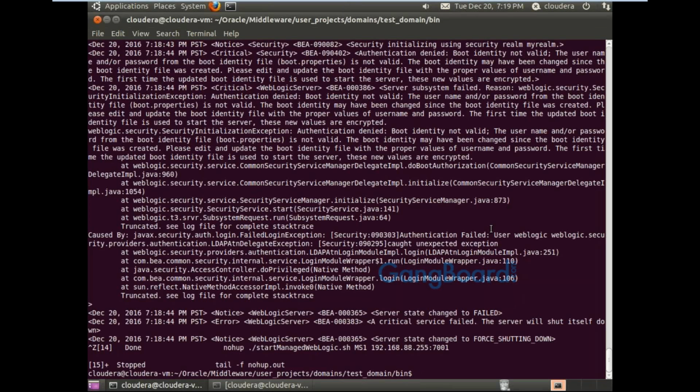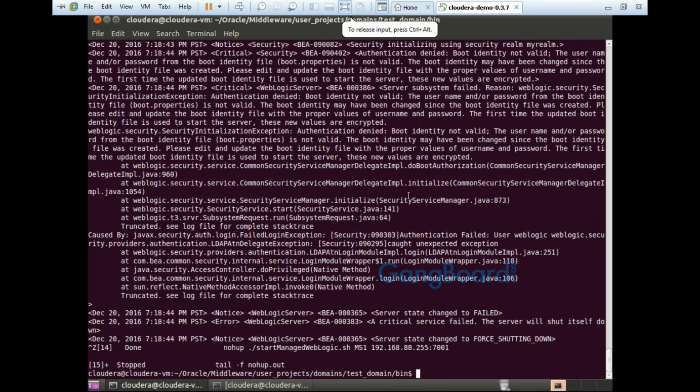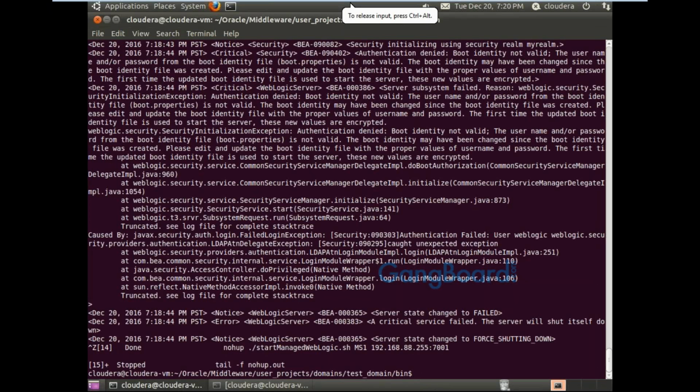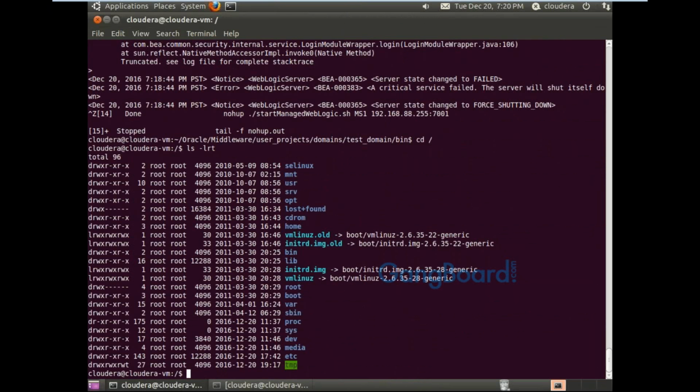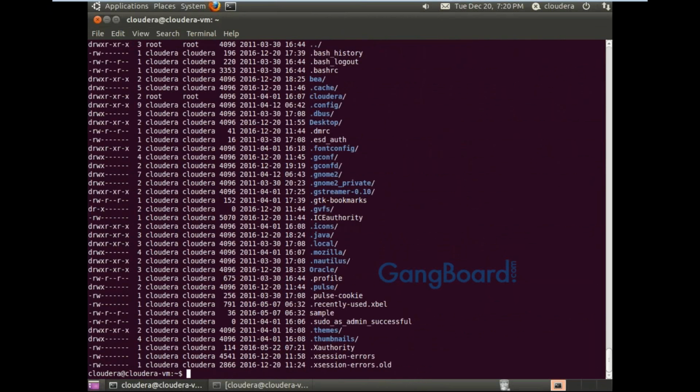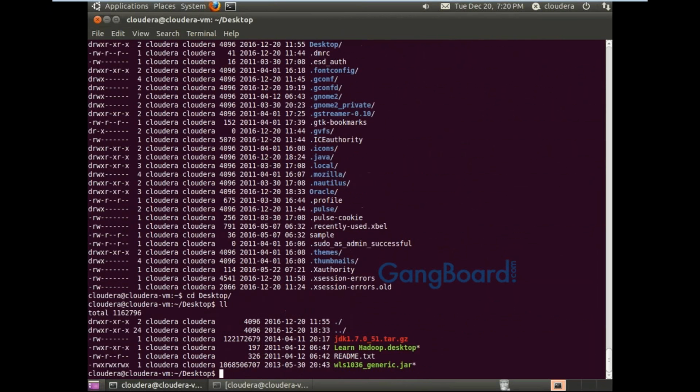Now I am going to install another domain in CLI mode. There is a command.